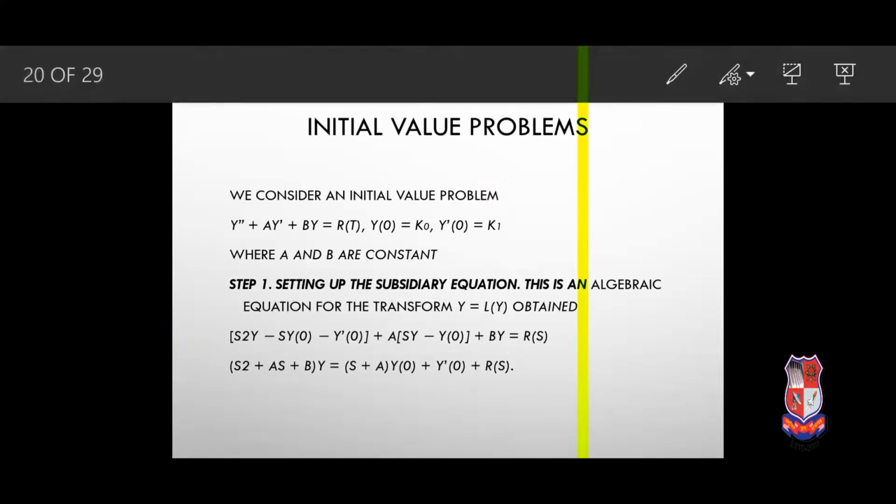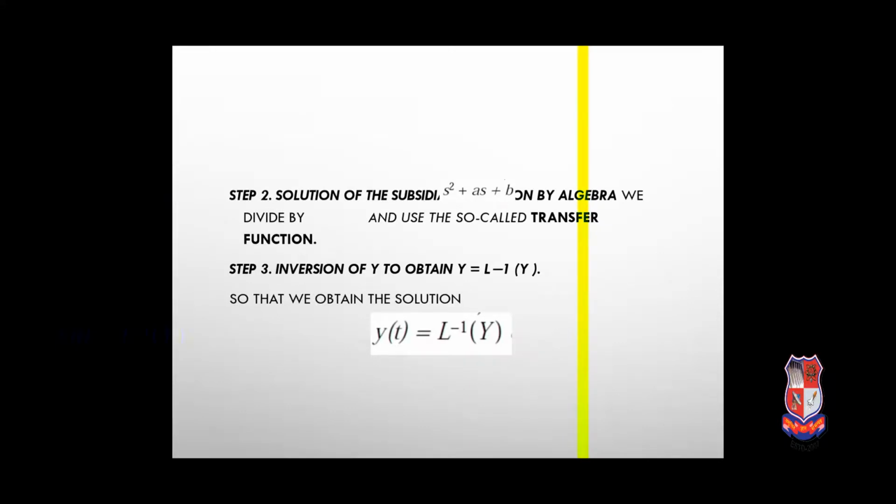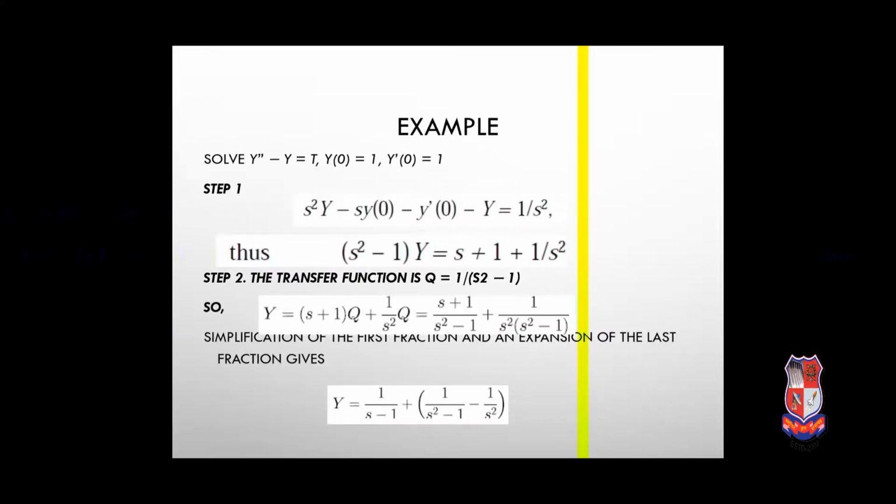First, we have just set up the subsidiary equation. Next step, solution of the subsidiary equation by dividing it by s square plus as plus b. Third step, inversion of Y and obtaining y is equal to L inverse of Y. Okay, we have to follow these three steps. For example,